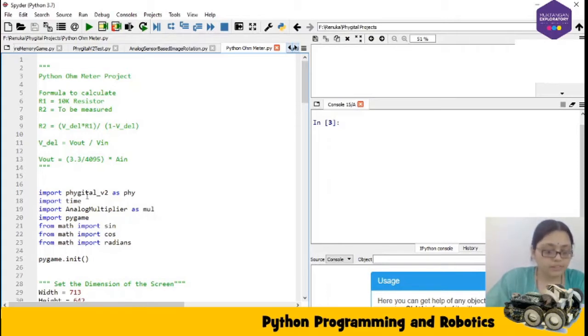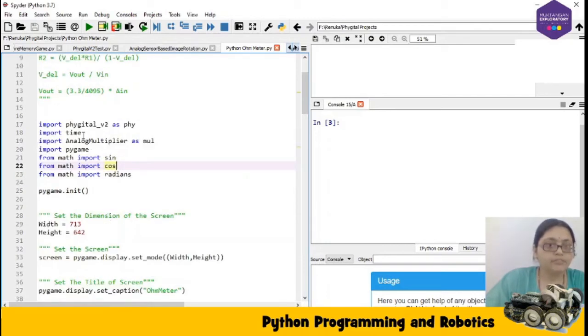We have set the resistor to be calculated. We have tested it earlier and it comes out around 99K. So I have written a program. Now in this program I'll be calculating the resistor value. Now I'll explain the program first.